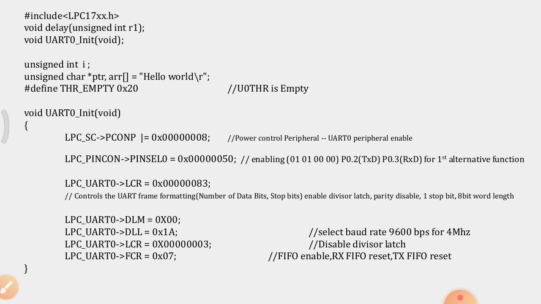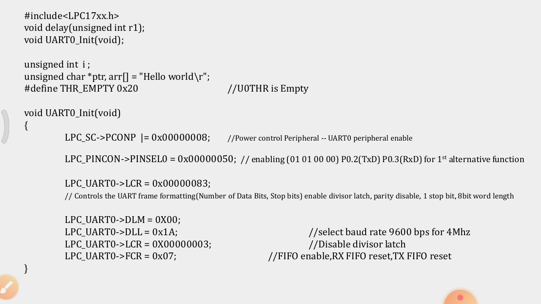We first include the header file lpc17xx.h, then void delay with an unsigned integer r1 to generate a delay, then void UART0_init with void return. This UART_init function is going to set up all the configuration according to the register setup that we have seen.